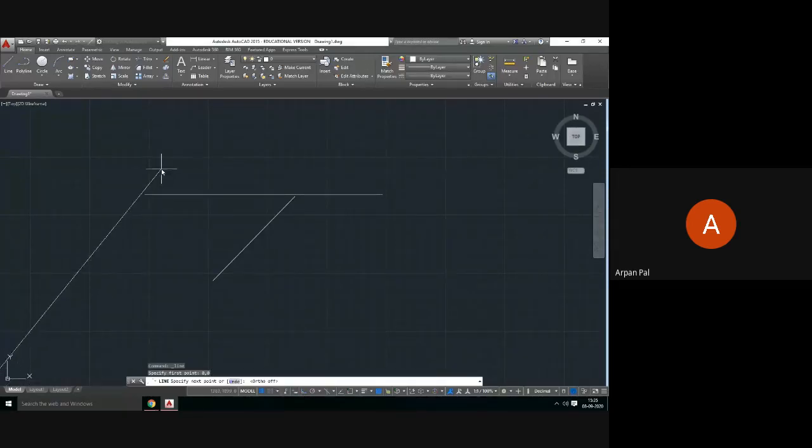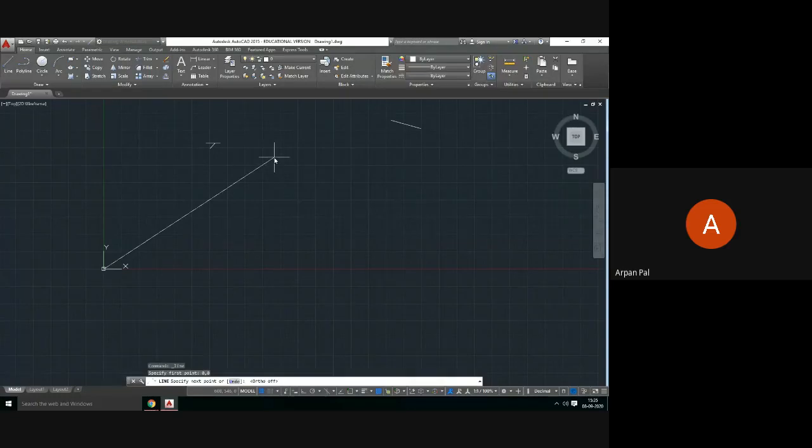Yes, ortho mode I have on. Okay, see what happens. It is taking the 0, 0 point. Now giving the first point is finished from my side. I have given the first initial point. Initial point how can I give? Arbitrarily click, or you can show the coordinate. Now what I need to do? I need to give the dimension. Suppose I give the dimension 100 and then press enter. See what happens. A 100 millimeter line has been formed.